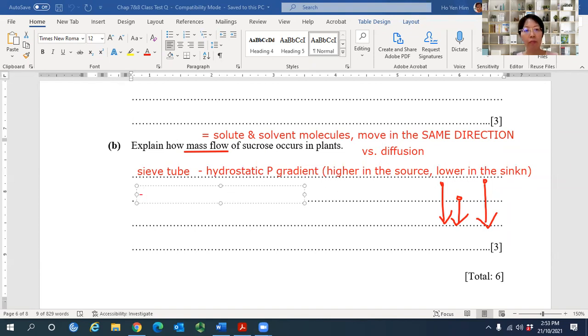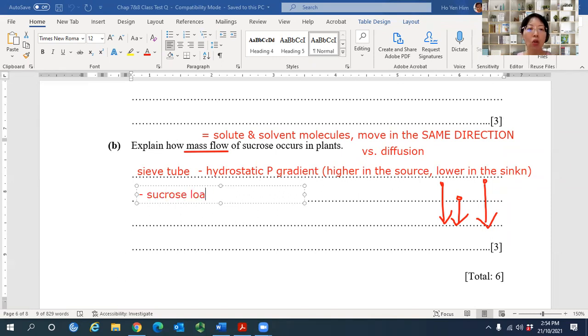So from there, the mass flow is because of hydrostatic pressure gradient, right? I'm answering the question. Now, one step backwards. Why is there a hydrostatic pressure gradient? Okay, so now I'm going to explain. The mass flow is because of hydrostatic pressure gradient. The hydrostatic pressure gradient is because of